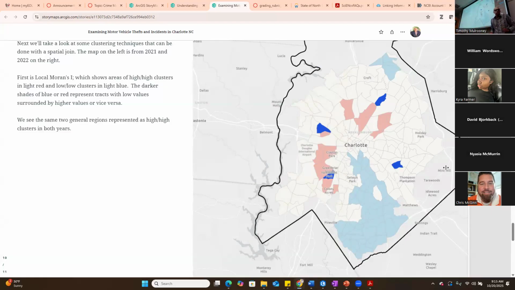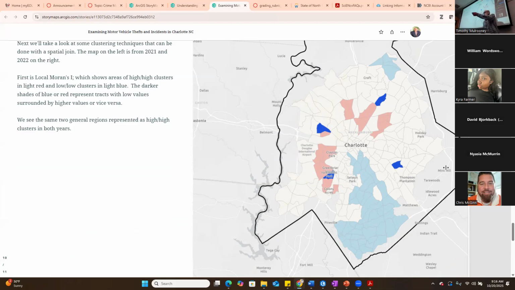And so Dr. McGinn talked earlier about what are the colors, what is the layout, what are all the essential elements of map design to attract users. Those things are still alive and well, but you can see some hot spots and cold spots right here. This whole area to the south is what we call a cold spot. So it's a low area. Low means lower than average. We should know how to calculate the average. We add them all up and divide by the total number here. But these are all kind of mathematically based